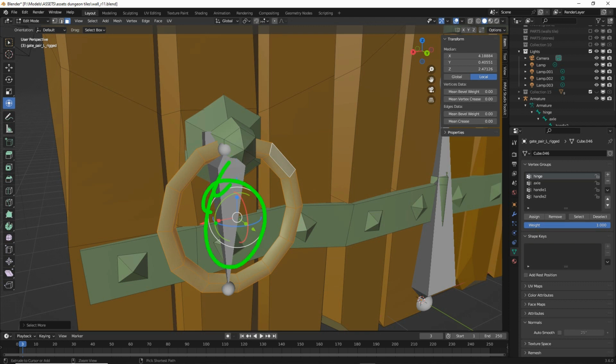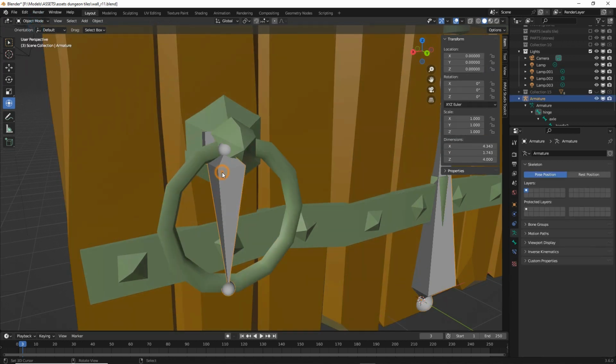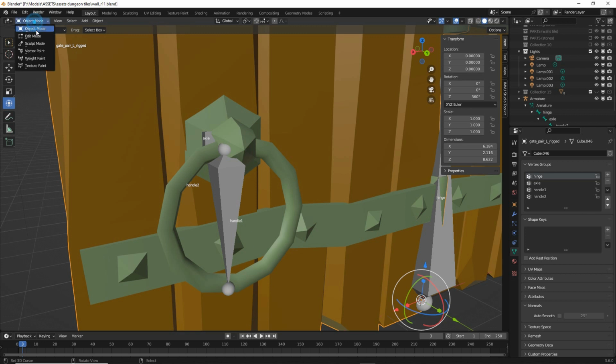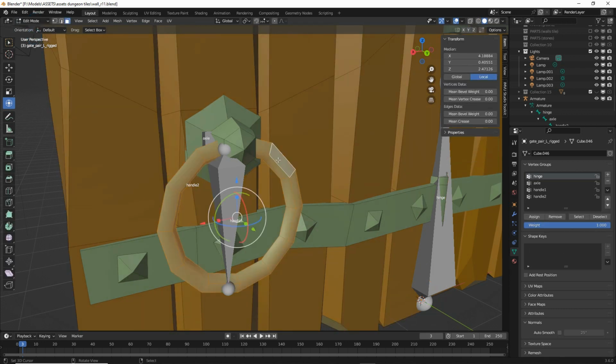So what we can do to make this easier is drop out of edit mode into object mode, select the armature, object data, viewport display, names. That will highlight the bone names so that we can see which bone is associated with which part of the mesh. So names, object data. Right, so select our mesh, back into edit mode, make sure we've got our bits selected,